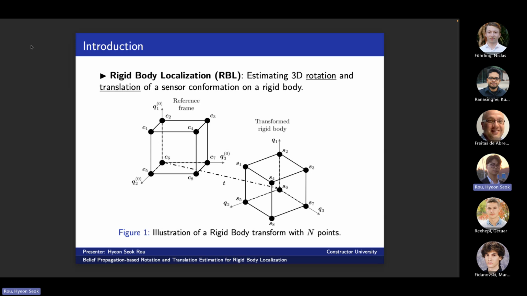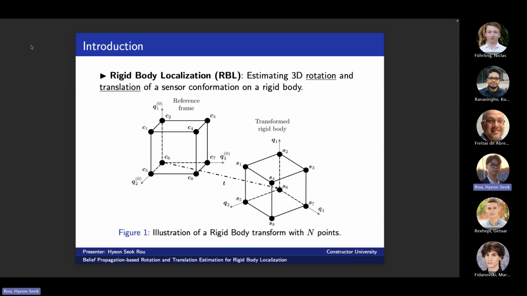But here, we're considering the entire 3D shape, or what we call the conformation of this body, which is described by the sensor nodes on a rigid body. And we can estimate the actual rotation and the entire translation of this body. So in figure 1, you can see some example. We have this reference frame of a cube with 8 points or 8 sensor nodes. And this transformed rigid body is described with some rotation that will be described further on mathematically, and also this